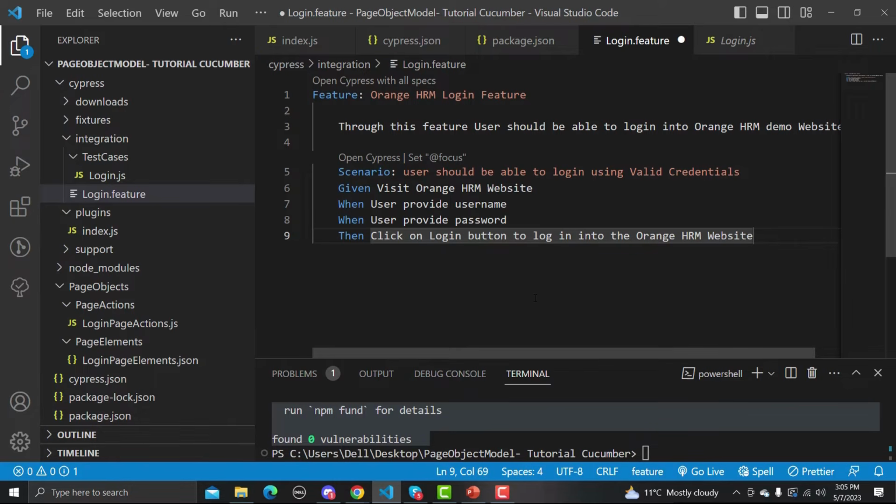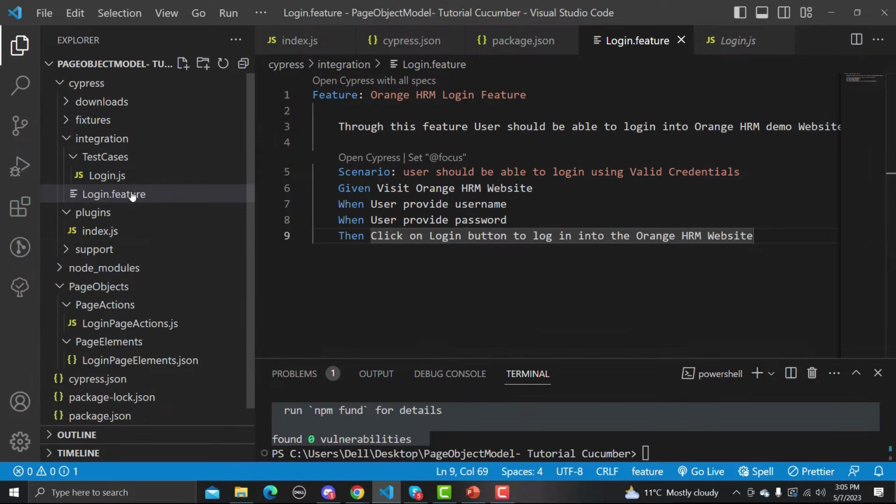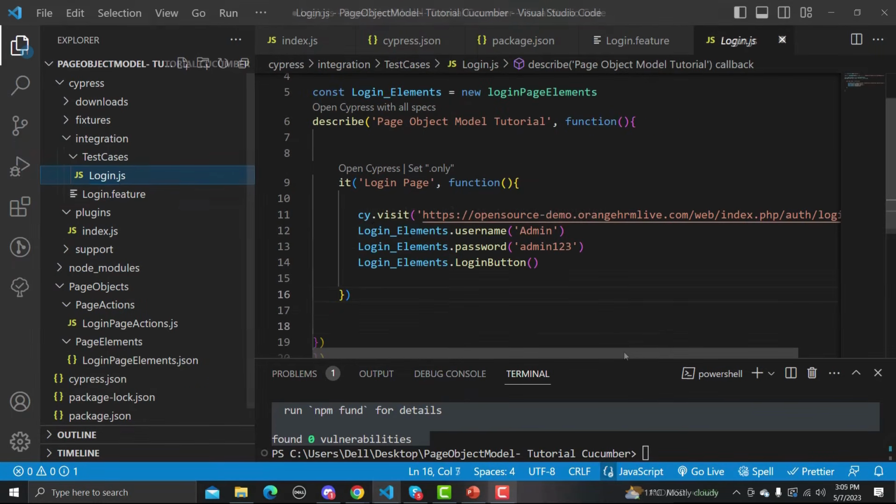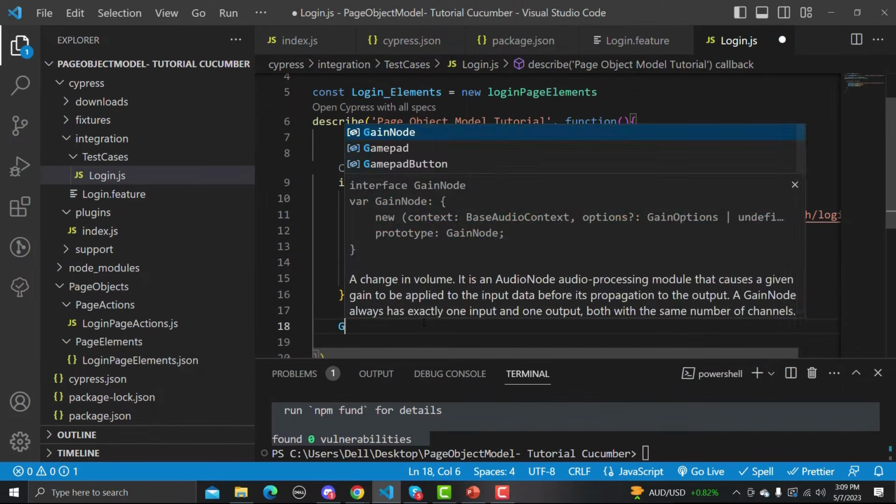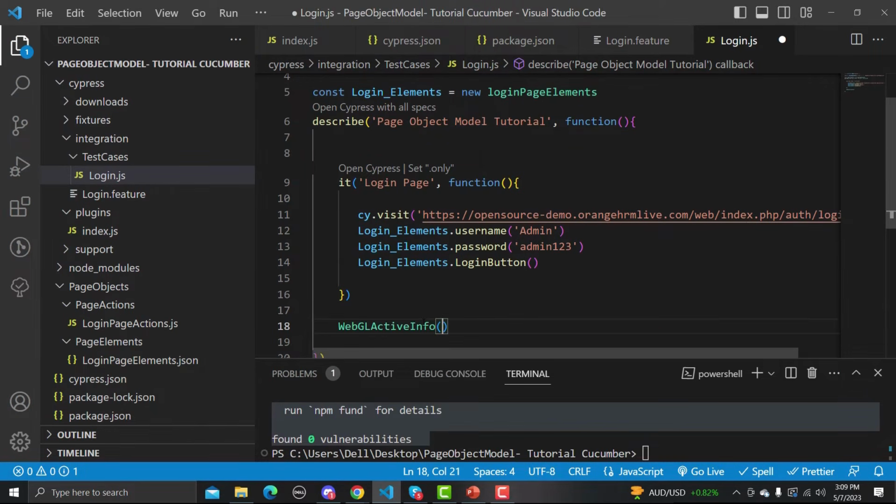need to map these steps with our test file, right, which is already following the page object model design pattern. Let me save this one, and now we need to map this one here. Now what we will do is that we will be starting with the given here. So I'm typing as given.